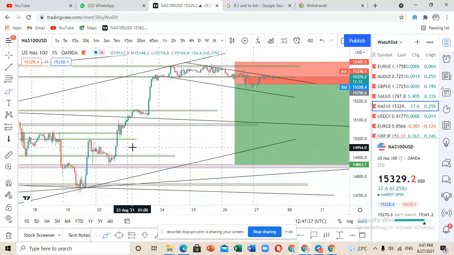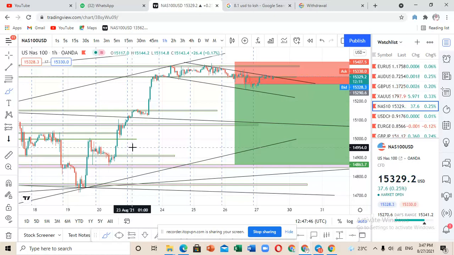So just keep on working on your strategy. Always backtest before you start trading on a particular market. It can be an index, it can be a currency. First of all, make sure that you have done some backtesting. Make sure that you have tested your strategy before implementing it. So that is all that I had for you.